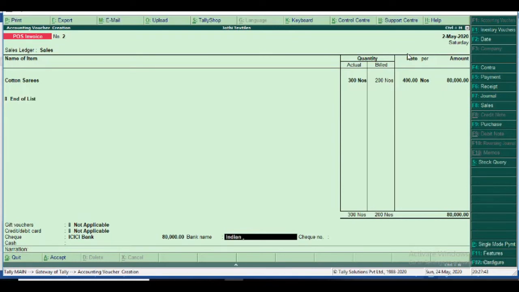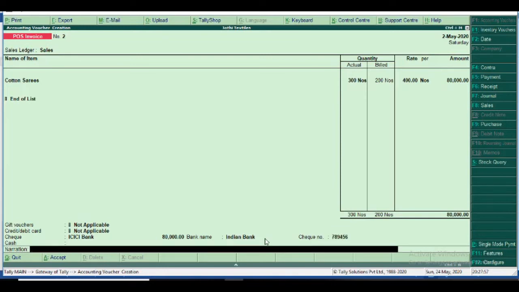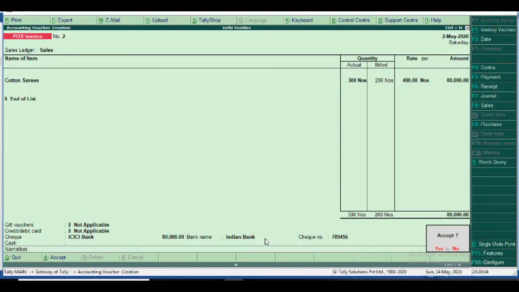Here is our bank name, and here is the other check bank name. Bank name, check number 789456, and the date. If there are any narrations, you enter them, otherwise you skip it. I enter.